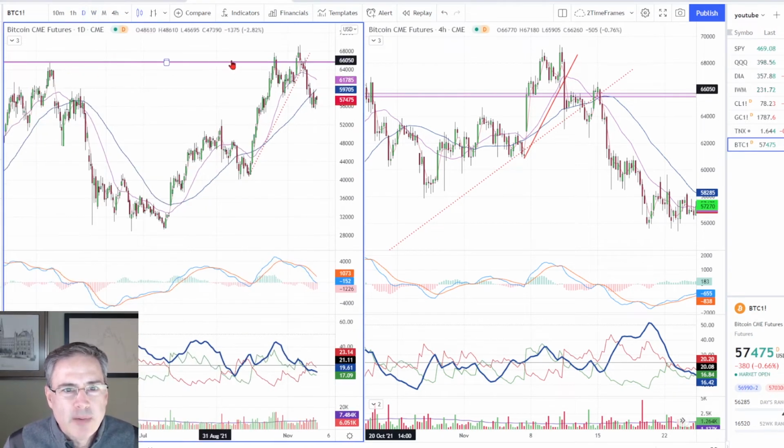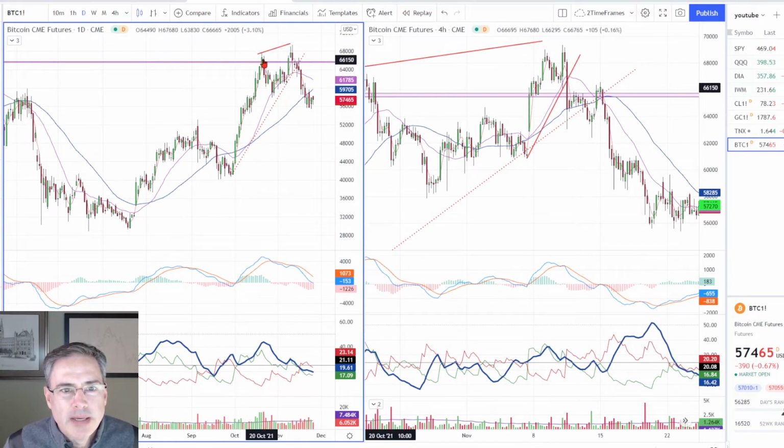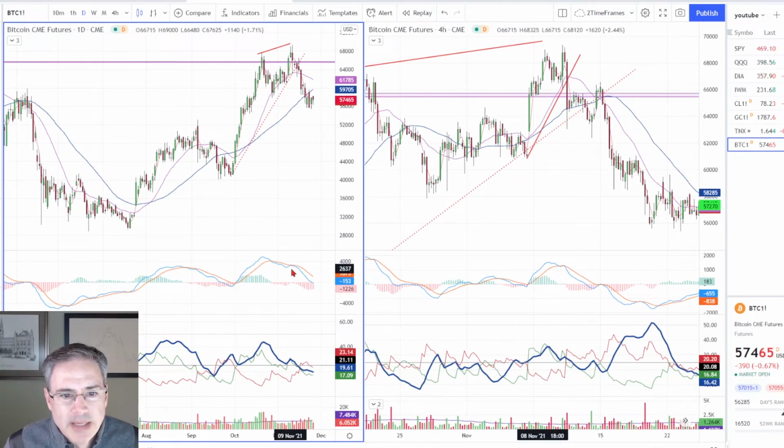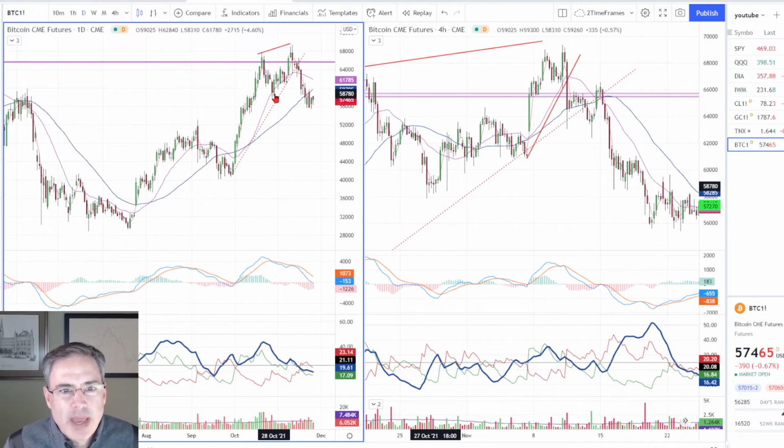And then now we've tested that on a daily chart. Now notice what happened here. We rallied up and made a new high in price, and we had a pretty significant lower high in MACD that did not cross the signal line. You see that pinch that developed? So we had a pinch as this was rallying up. I call this a divergent pinch, a pretty negative pattern. We had green DI not confirming, ADX not confirming. Those are things that I'm watching as price is working its way back up